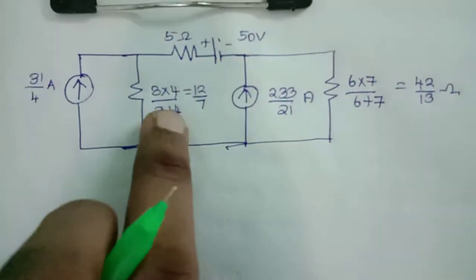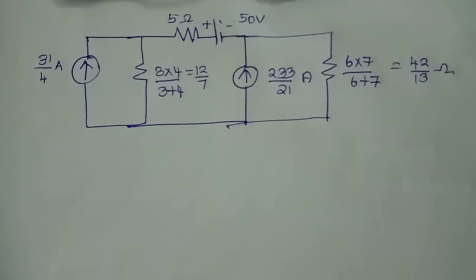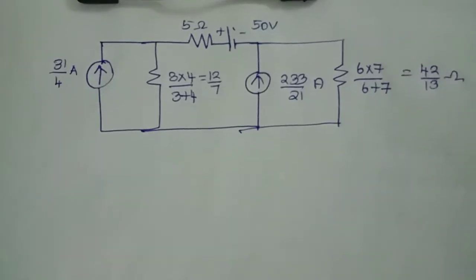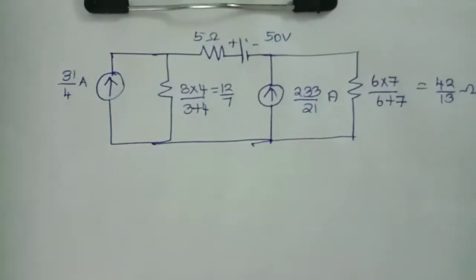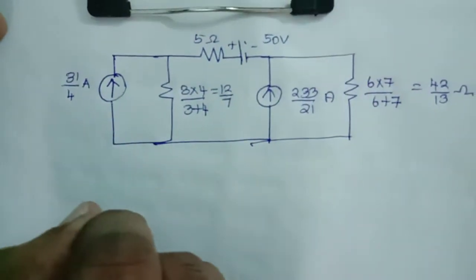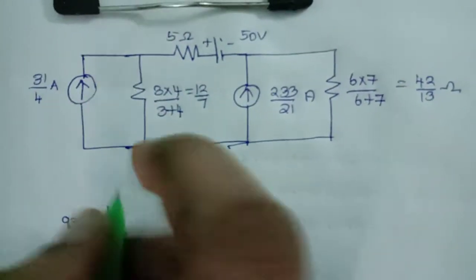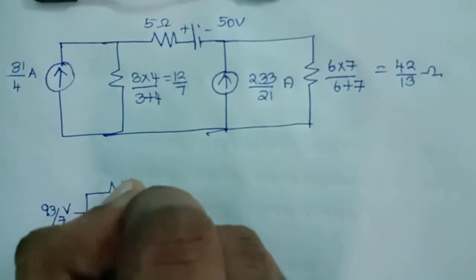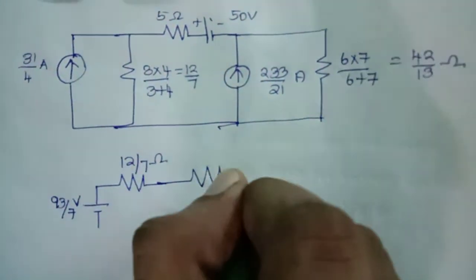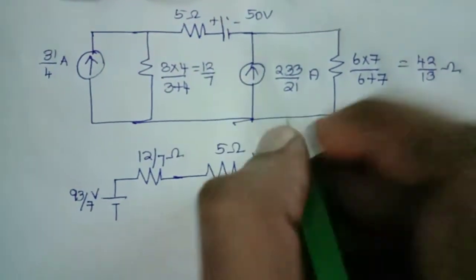So V equal to I into R. Here the I is 31 by 4 into 12 divided by 7 into 4. So you will get exactly 93 by 7. You will get 93 by 7 is the voltage. This V will be kept in series with 12 by 7 ohm. Again this will be in series with 5 ohm, and this is the voltage which is going to be the same